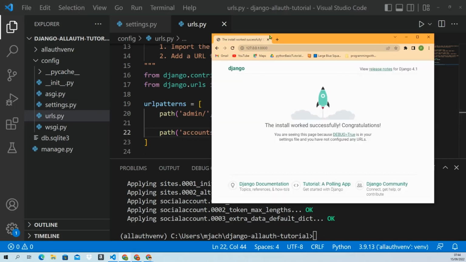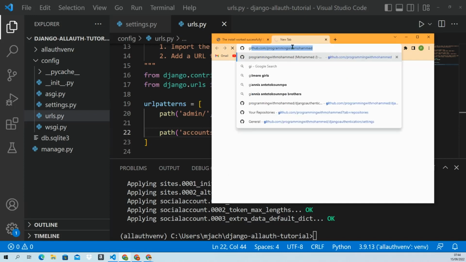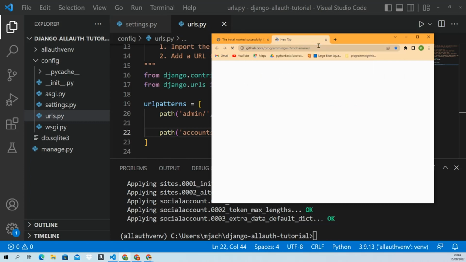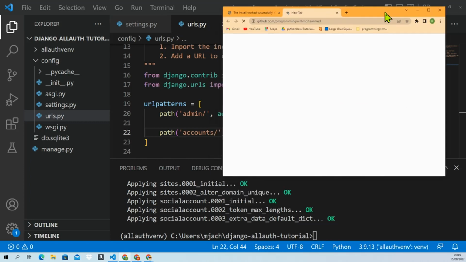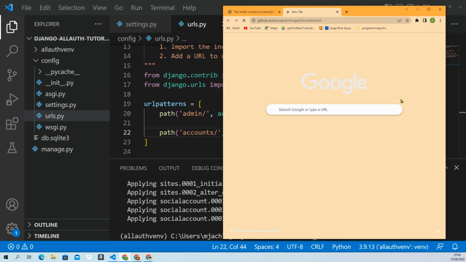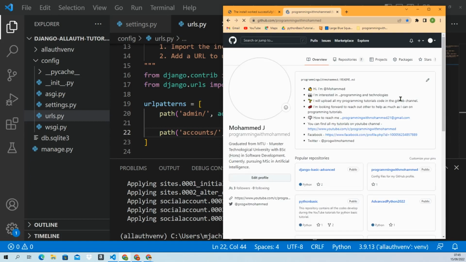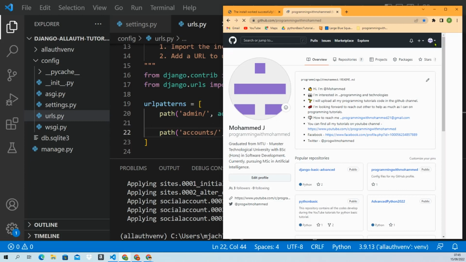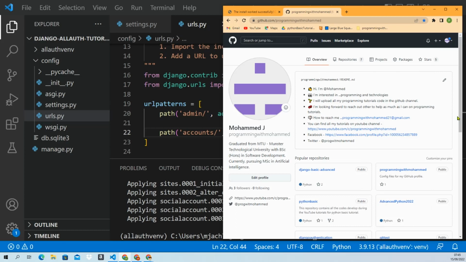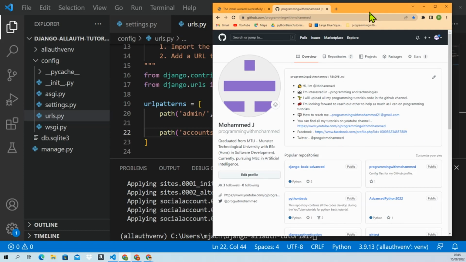Okay, so just go to the GitHub account. So this is my GitHub account. I'm just going to show you how to do all of this, right? Once you're in here, feel free to fork and download the repository. This is the tutorials repository. So go to the settings,